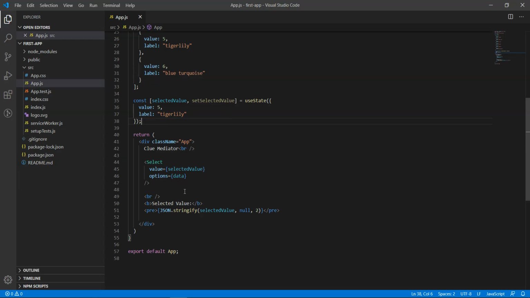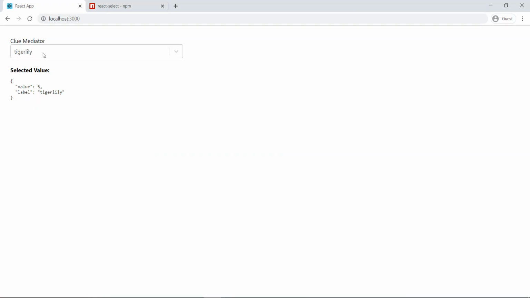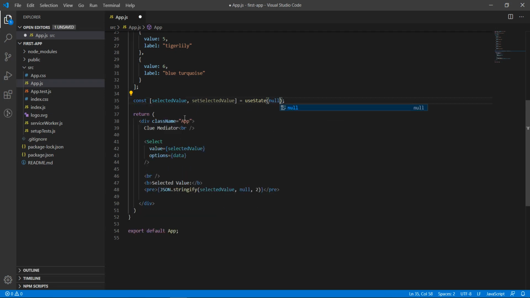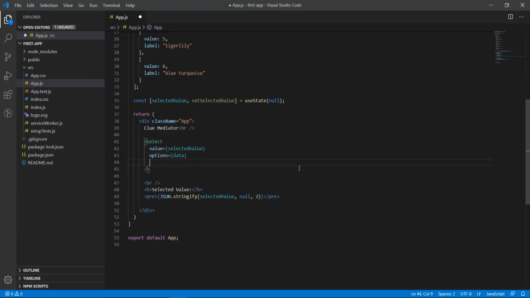Now how can we change the selection? If you notice, I'm trying to change the selection but I'm not able to do it. So what do I need to do? First, let me remove this whole thing and write null, so by default we don't have any selected value. How can we do it?